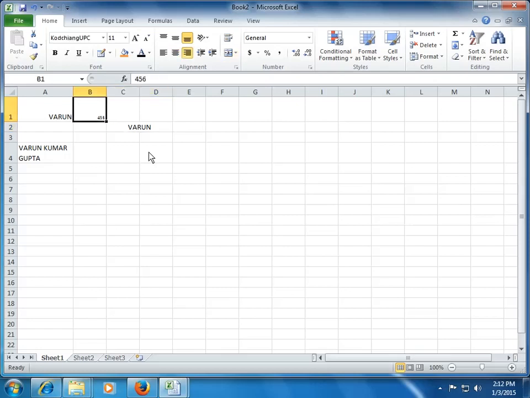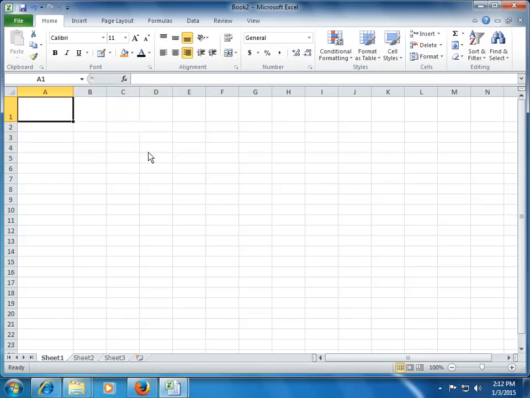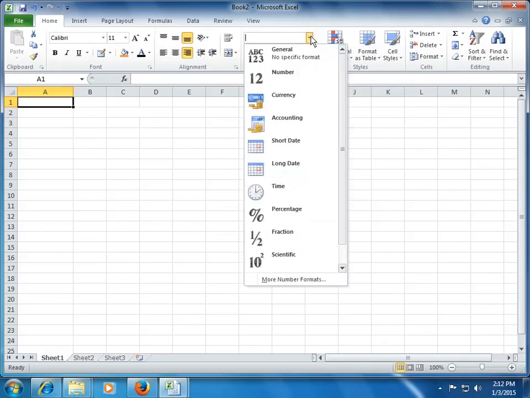The third part of the text formatting or basic Excel formatting, let me restore it to normal, yeah, is the number group, right? I'll use this drop down. So by default the number is generic. I can change it to all these formatting in Excel, right? So if it's data I'm working on, I can choose the number format. If I'm working on some data in rupees and all, rupee, dollar, pound, I can choose the currency format. If I'm working on accounting data, I can choose accounting format, and so on and so forth, right?